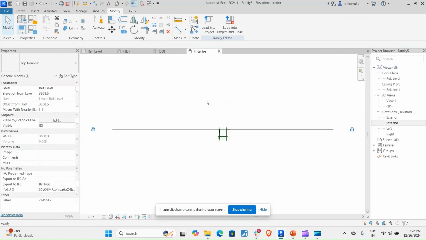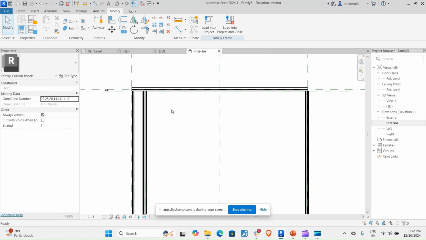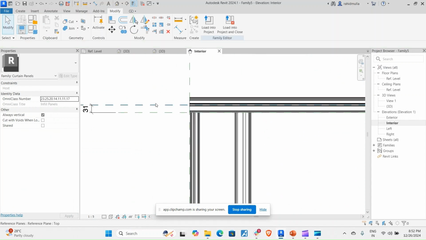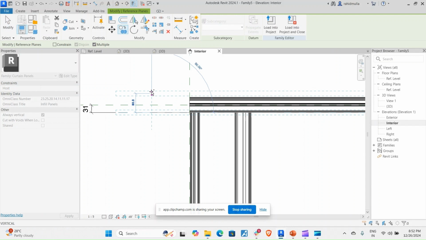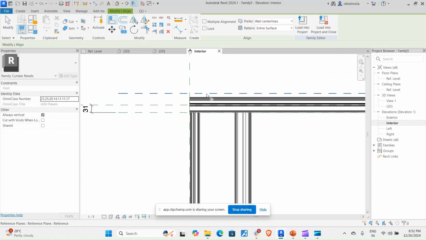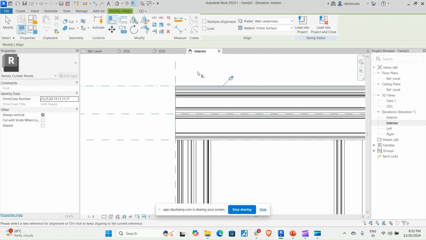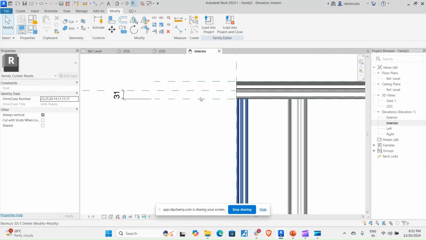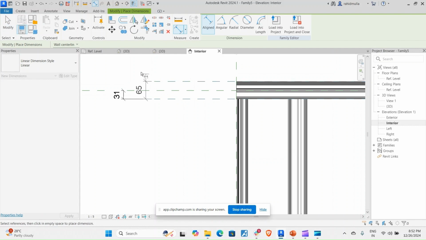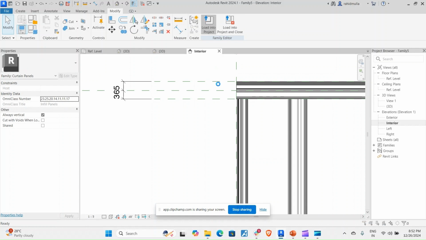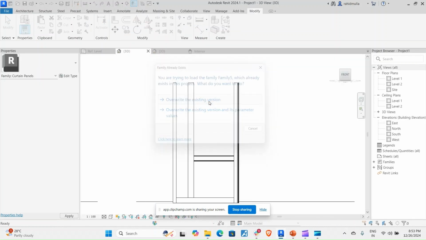Again we'll go in interior view just to define the distance, as this is very near to the top reference plane. So we will say that this element has to be, I will take this on top, and this element has to be at a distance of, okay, let me first lock this up. Okay, at a distance of 65 mm from the top reference plane. Okay, so when we see it here,